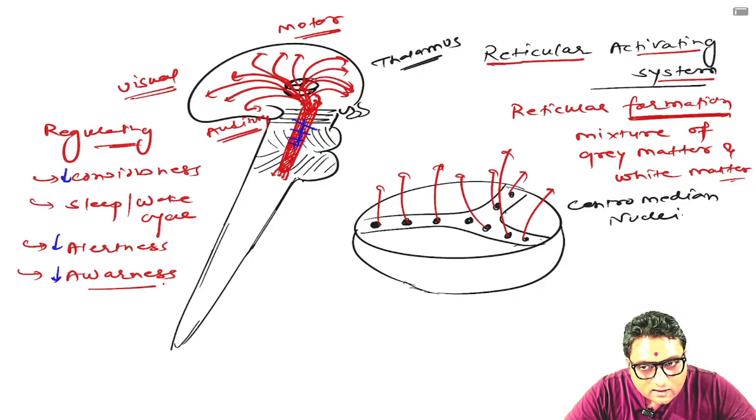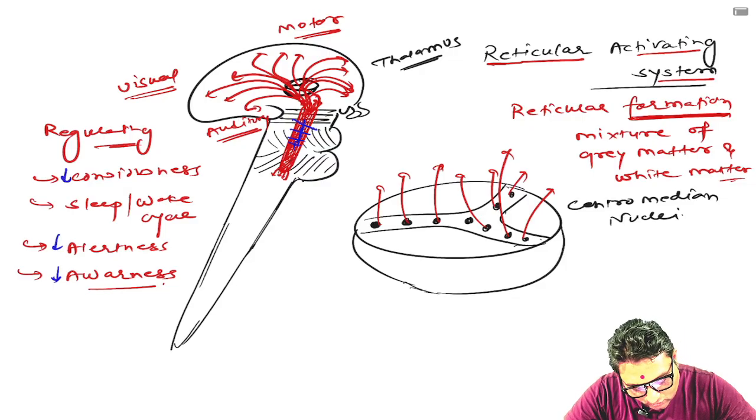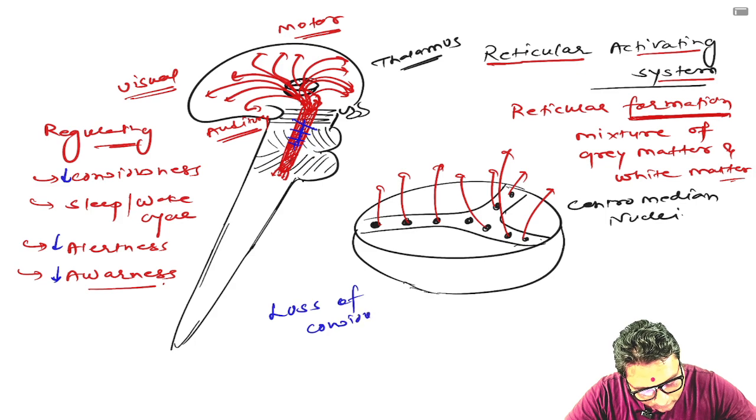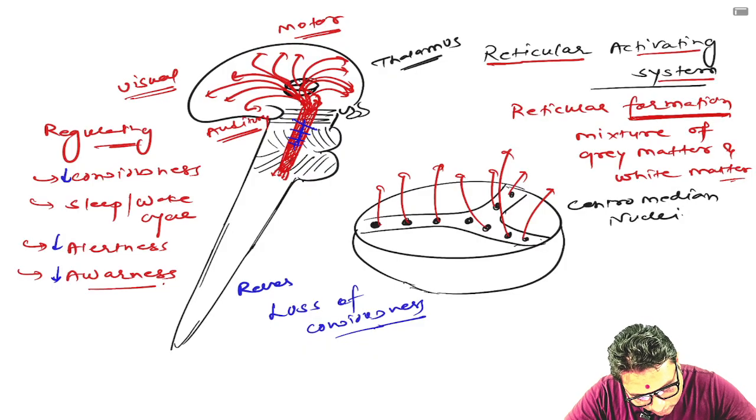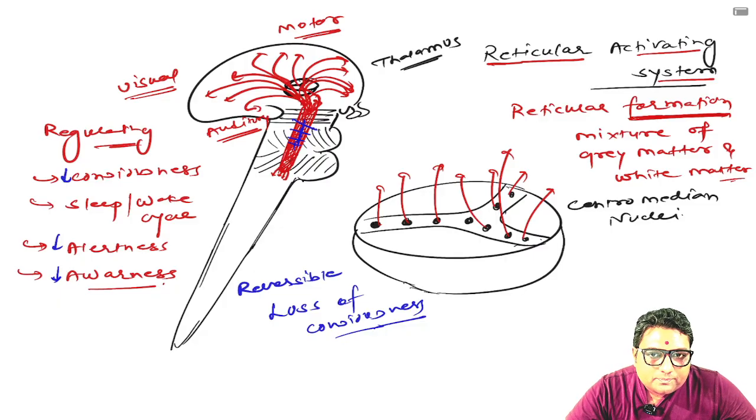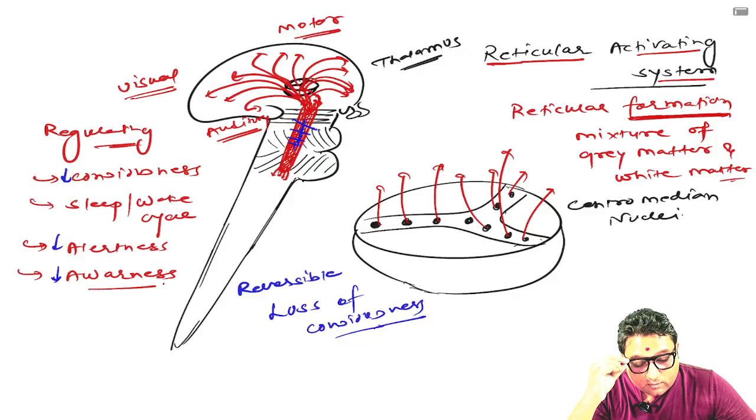Some anesthetic drugs also lead to loss of consciousness by acting on this reticular formation, and this loss of consciousness by the anesthetic agent is a reversible loss of consciousness, right? So this reticular activating system is the most important part of the central nervous system that keeps you awake